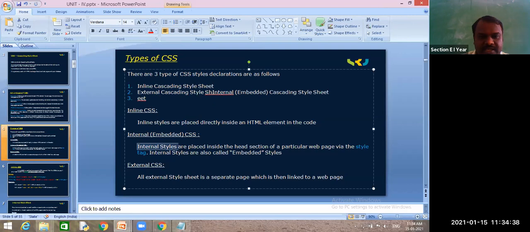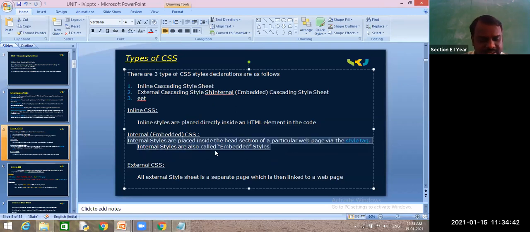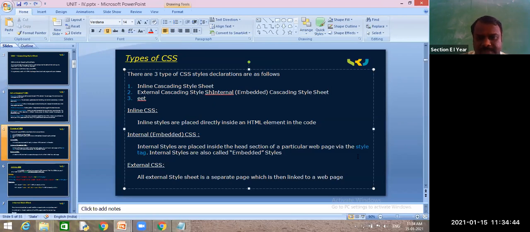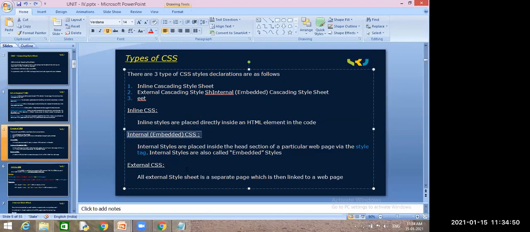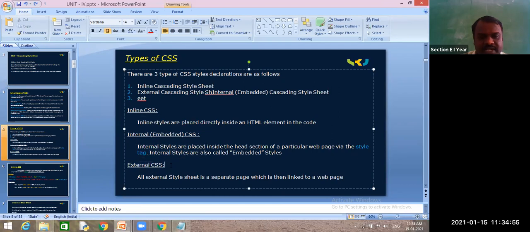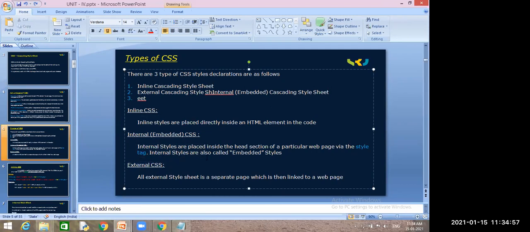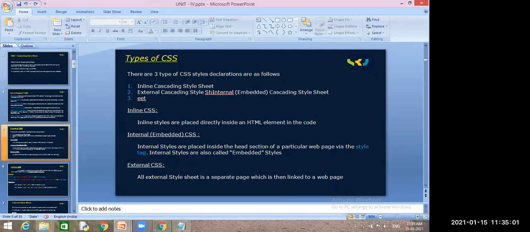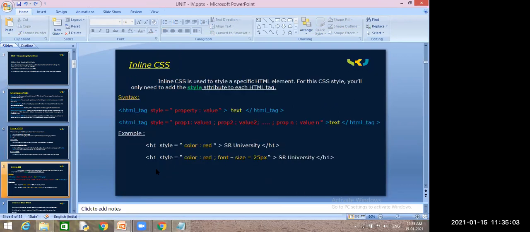Internal, we write the CSS using which tag? Which tag did you use to write internal? Style tag. And external, when do we go for external? Link. When do we go for external? Same features in multiple files multiple times.